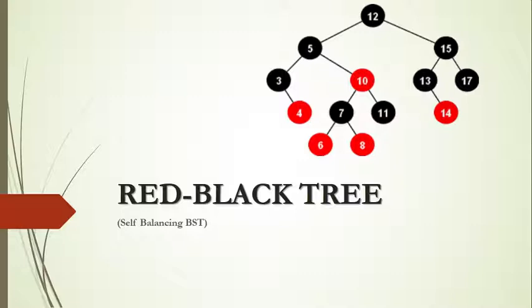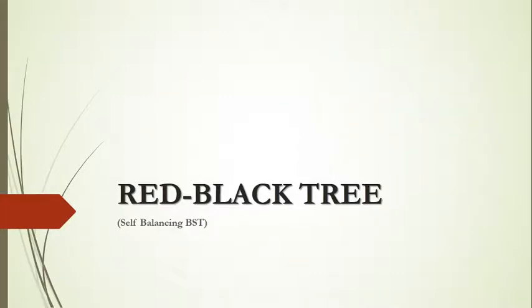To avoid this, we introduce another concept called red-black tree. We do have rotations, but we don't have a lot of rotations like single, double, and in single we have left-left, right-right, and double we have again left-right and right-left, and that's been done for each and every node that we insert. But here we also have a rotation, but not for all the nodes that we insert. To replace that, we introduce a concept called red-black.